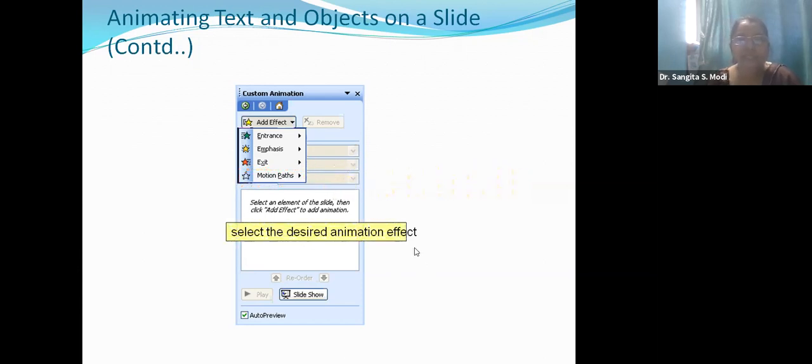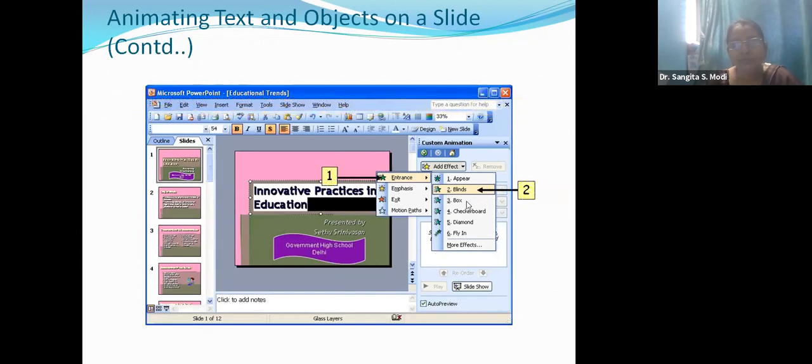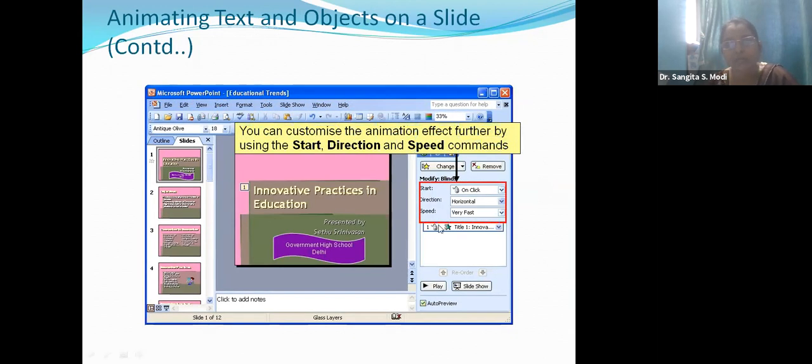Select the desired animation effect and click on it. Suppose select entrance. In that entrance, I have selected blind, and click on start. You can choose on click, or you can apply some time intervals.